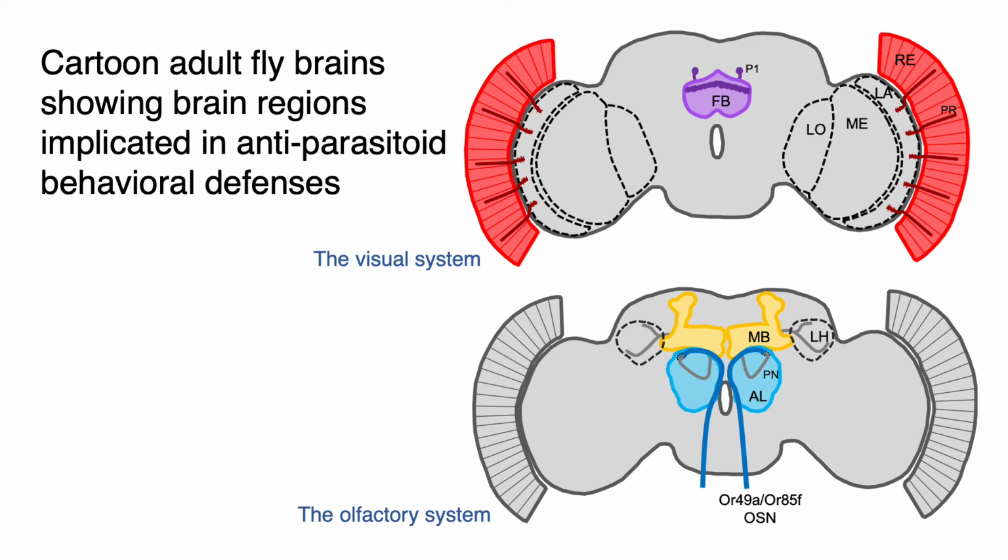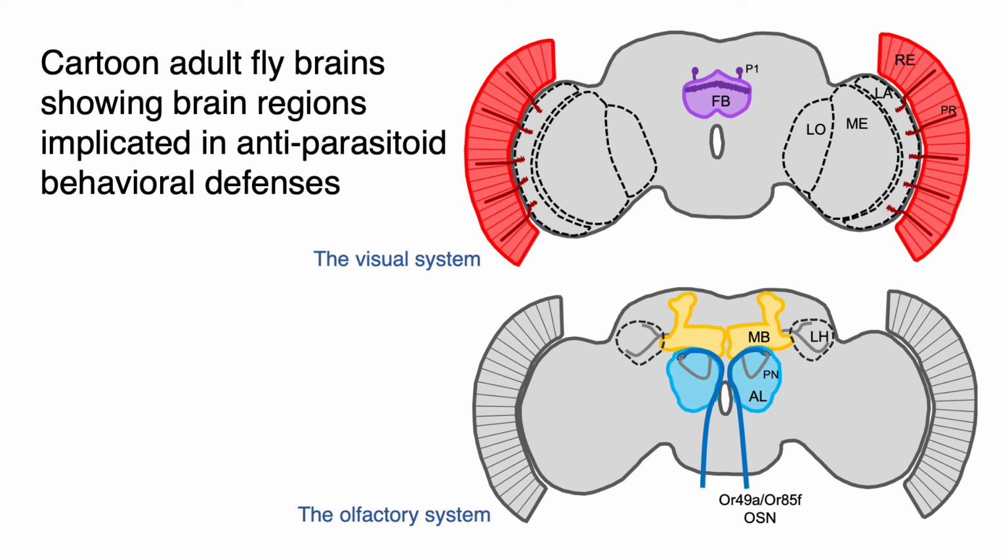So for example, the visual system, we know that flies are able to see wasps, and they know what wasps look like, because if you knock out photoreceptors in the retina, shown in red, the flies don't respond appropriately to the wasps anymore. We also know that once flies see wasps, the P1 neurons in the central complex of the fly brain